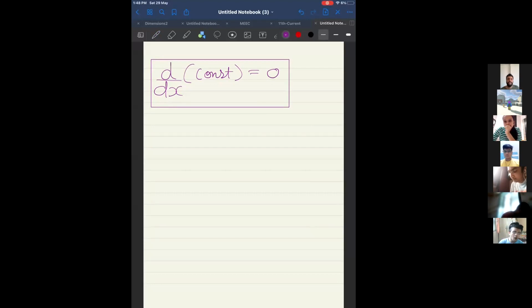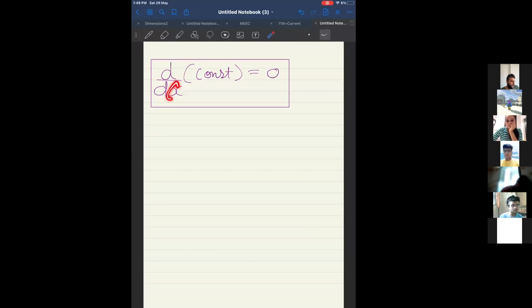What is the meaning of constant? Now, tell me, you're doing differentiation with respect to what in this particular problem? In this particular formula, you're doing differentiation with respect to x, correct? Now, if your term does not contain x, that means it is a constant. If your term does not have x at all, then with respect to x you're doing differentiation, but your term does not have x, therefore the answer is 0.